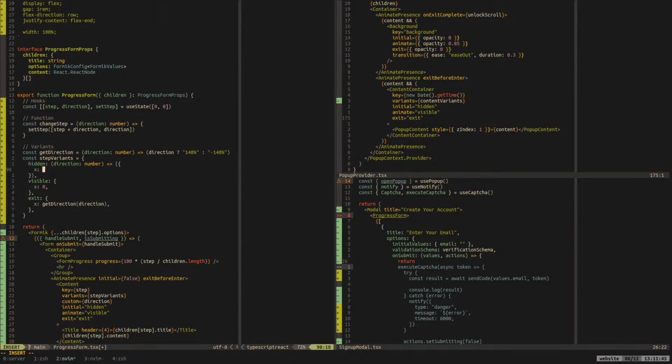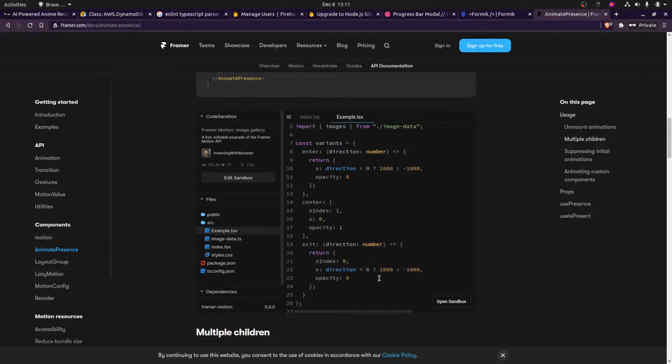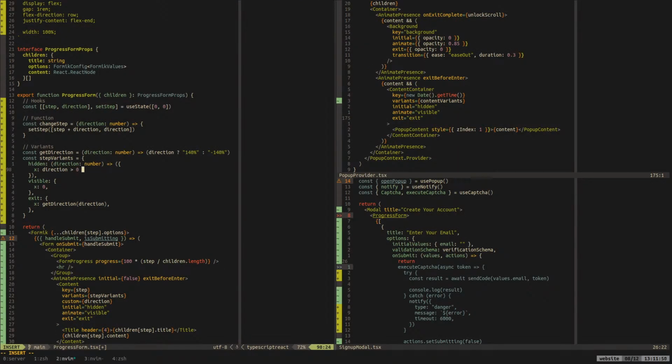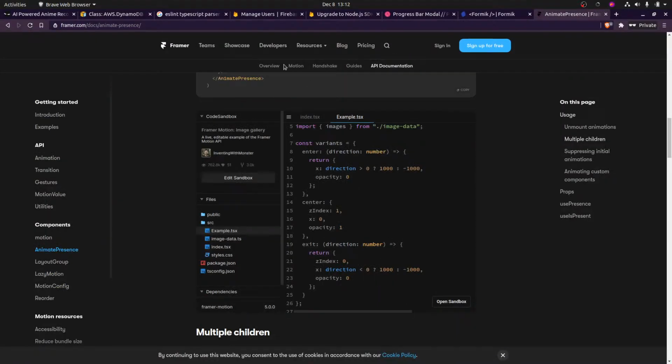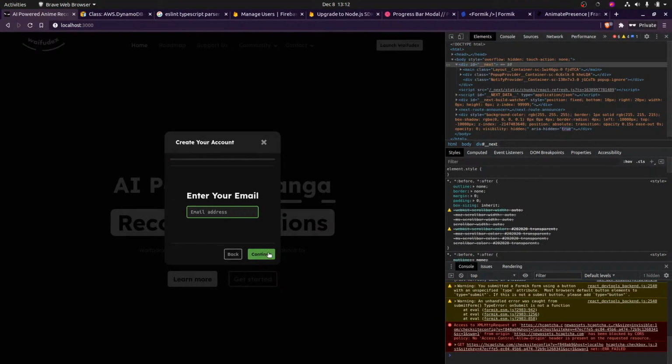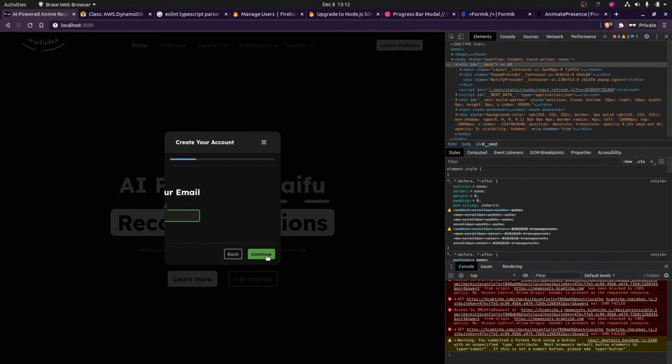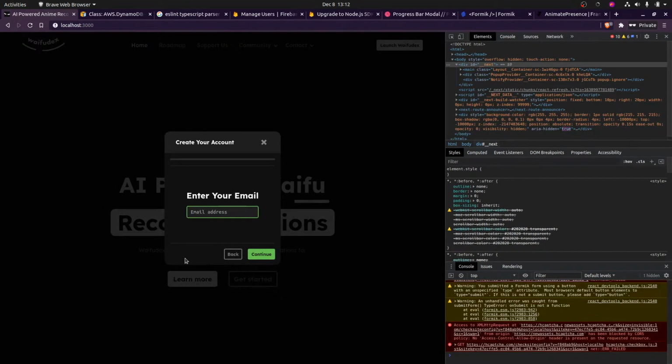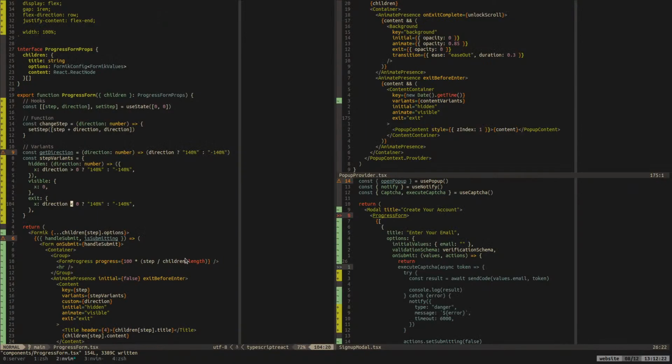We have to get rid of our thing. So if the direction is greater than 0, then do this. Else, oh, well, interesting. Okay, let's see. Well, no. Okay, you see, that's why it doesn't make sense, because it didn't work.